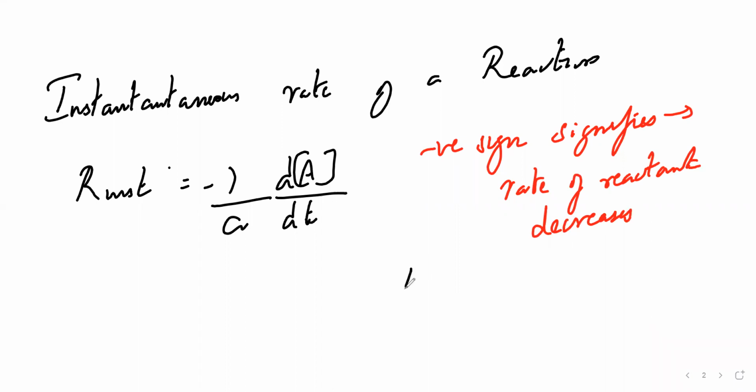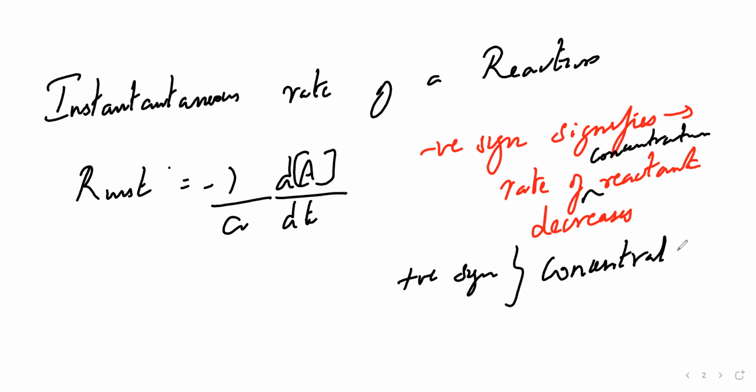Okay, yes. And the positive sign, what does it show? But again, rate of reaction, what am I indicating? Obviously, I'm talking about the concentration. Rate in the sense here is concentration, that you don't forget, because square bracket is for that only. The positive sign shows the concentration of the product increases. So up to this, is it clear for everyone why we are putting -1?